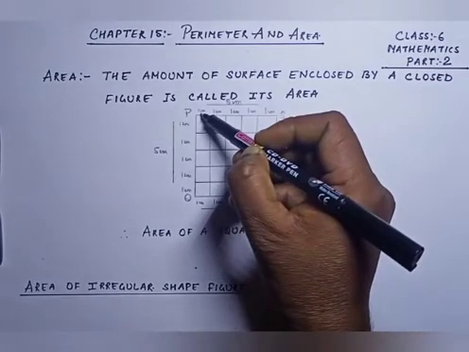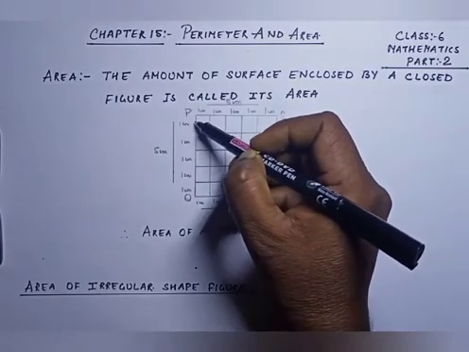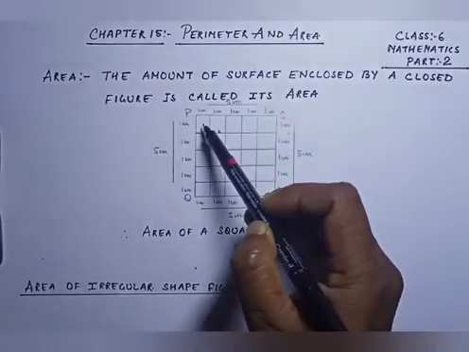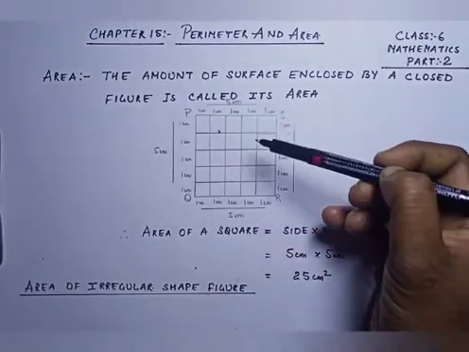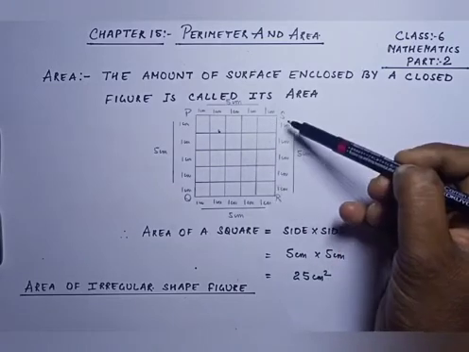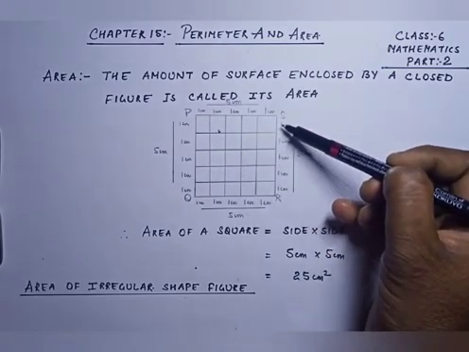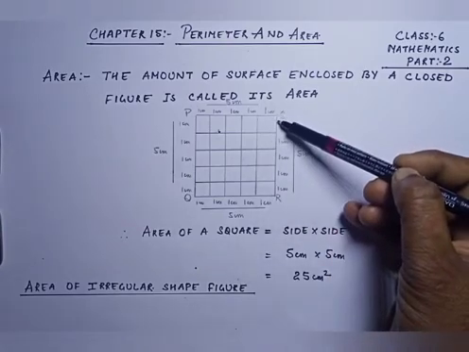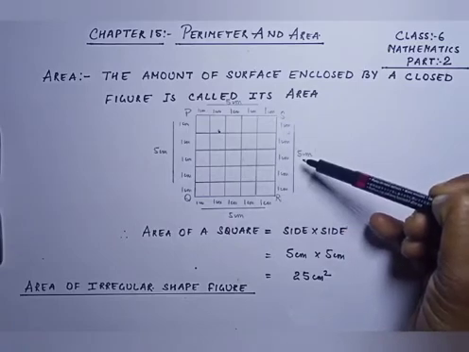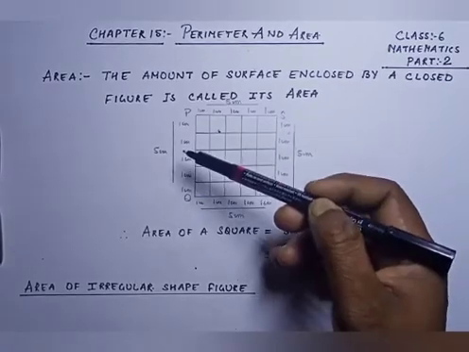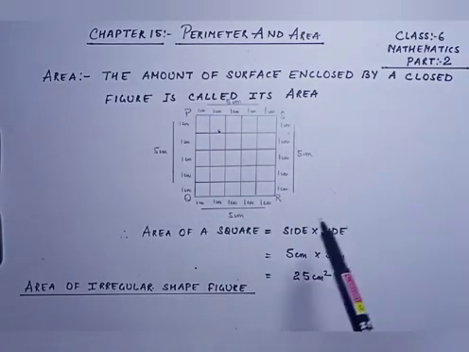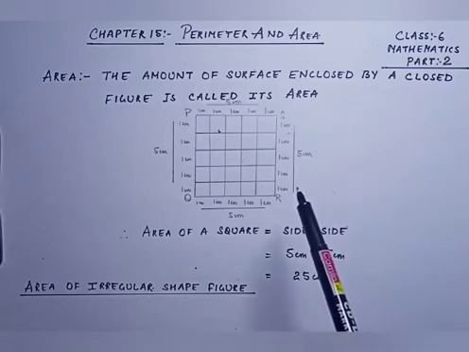Now over here one side of a block is 1 centimeter. It means that all the 4 sides is of 1 centimeter each. So altogether it will make 5 centimeter. The same thing is over here in this side also. Each block is of 1 centimeter square. So each side is 1 centimeter. So the total length of this side will be 5 centimeter. In the same way this side also and this side also. So the area of a square can be taken out by the formula side into side. So 5 5s are 25 centimeter square. I hope it is clear to everyone.